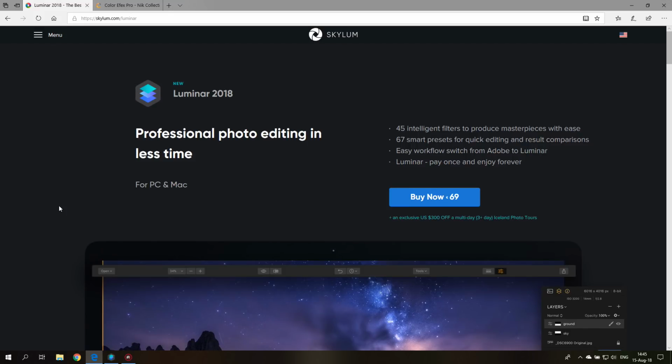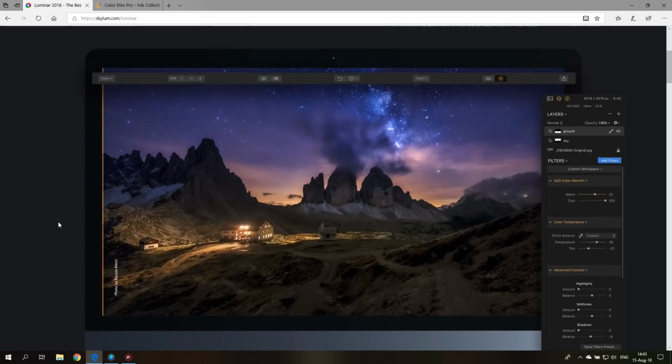Today I have something special for you because I'm not doing a tutorial, I am doing a review of the software Luminar 2018 by SKYLUM, which is a photo editing, or better said photo adjusting software. It's a little bit similar to something like Lightroom or Color Efex Pro, but it goes in a different direction, has a different focus. You can see down here